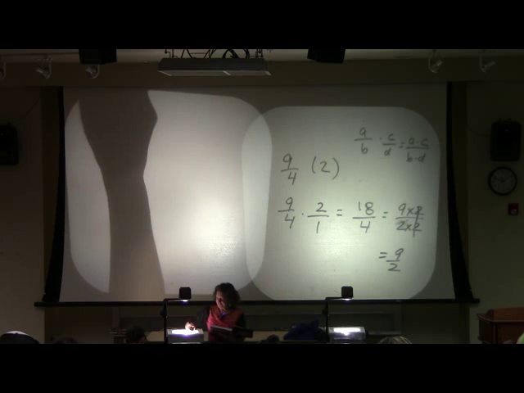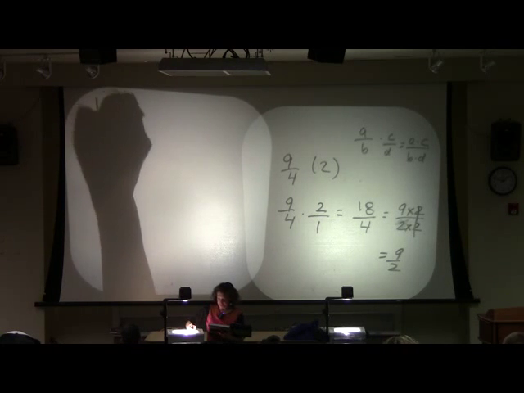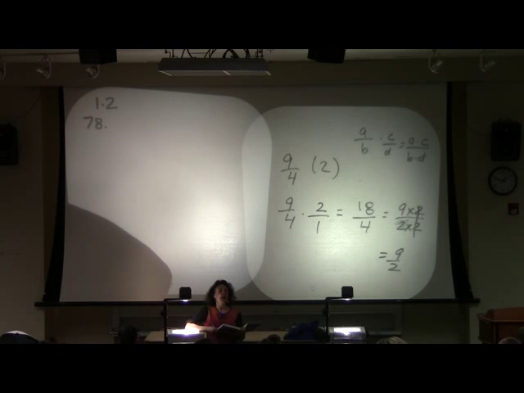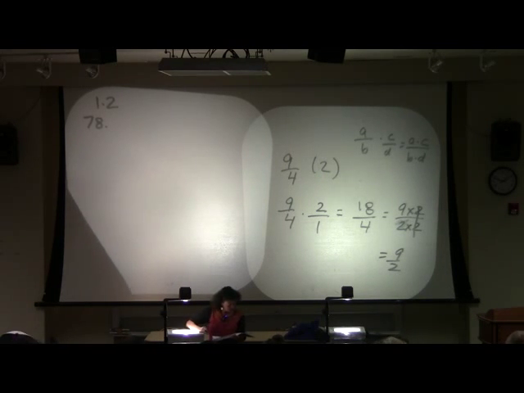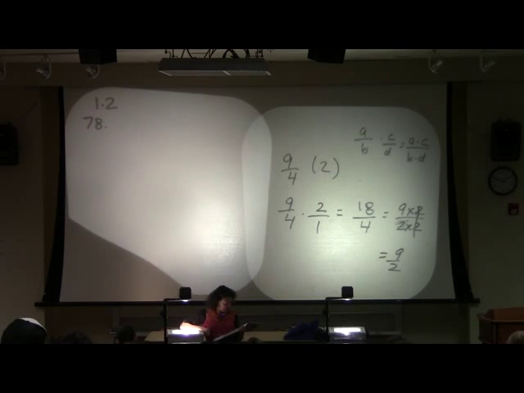So, if you have your book and don't want to write more than you need to, I'm in section 1.2 and I'm doing number 78. I will tell you that section 1.3 is all word problems, and that's what we're going to be playing with on Friday. Okay? But they're a specific type. This is such a cute little example.